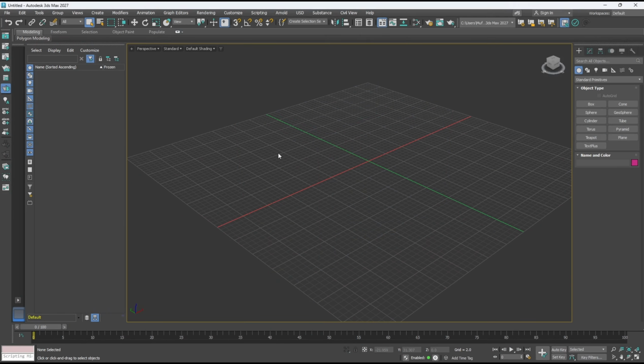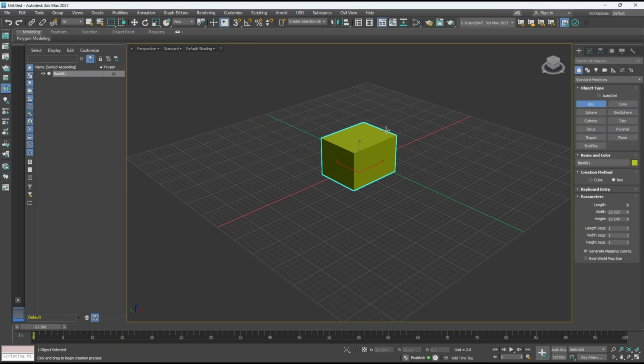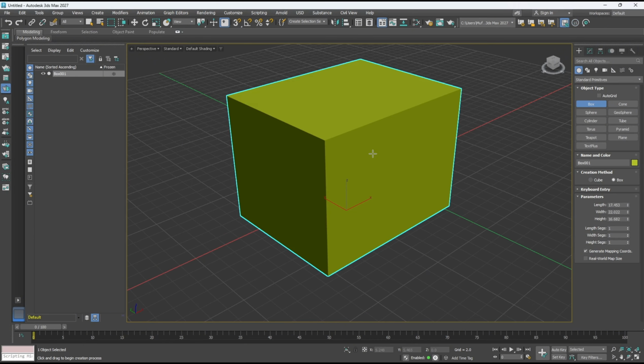Hello everyone, today we are going to learn basic Autodesk 3ds Max 2027: how to round edges. As an example, you can create a box object, and if you want to round the edges of this object, you